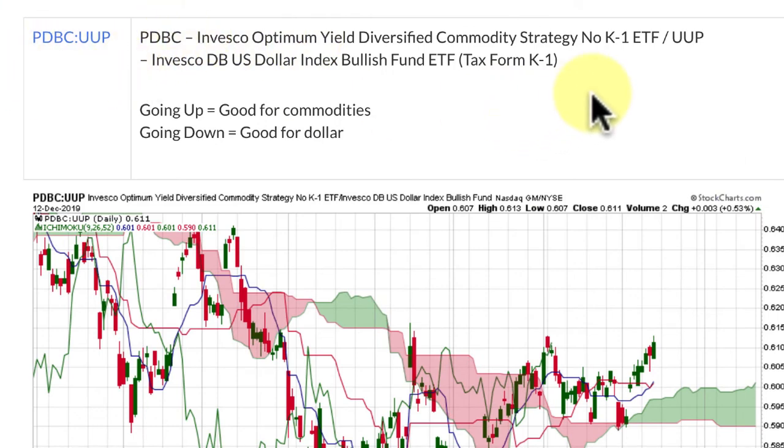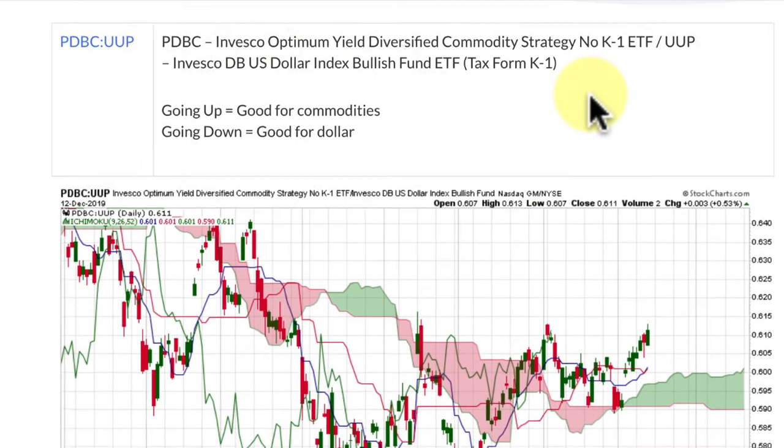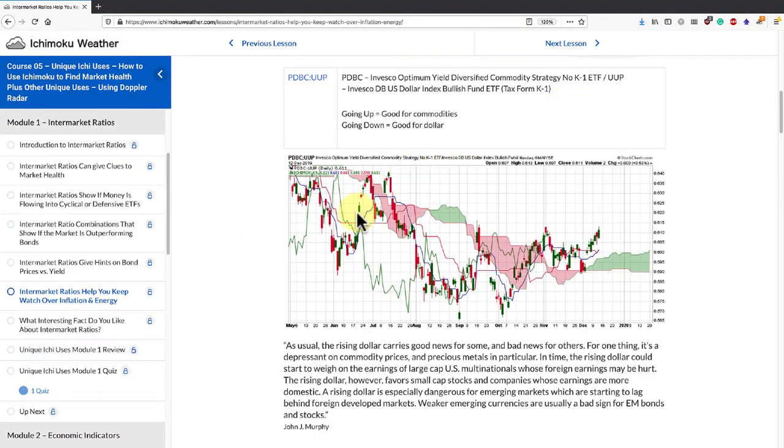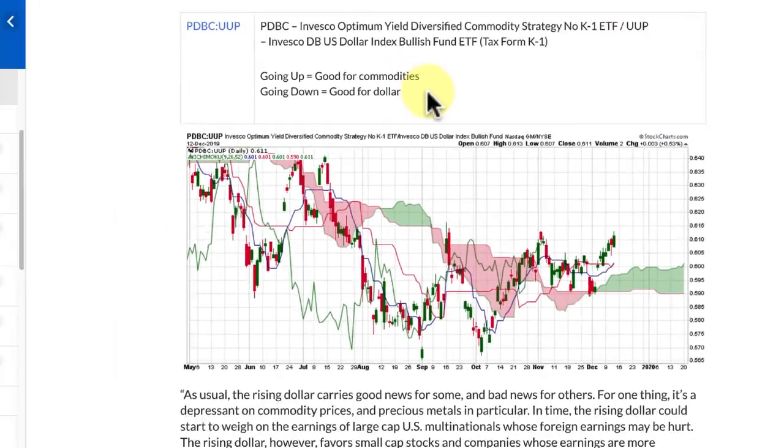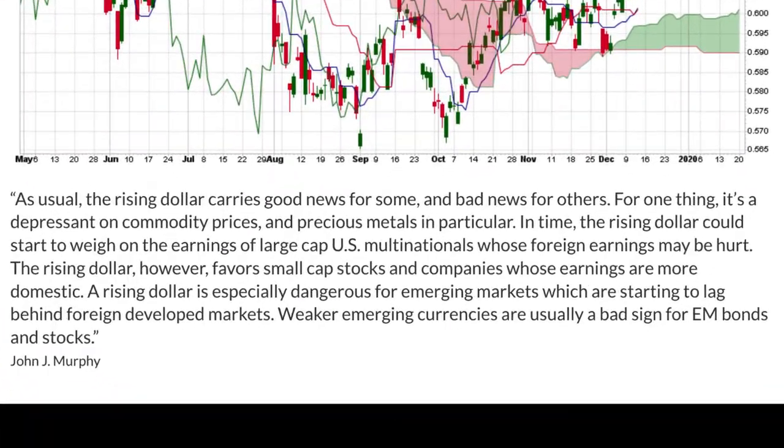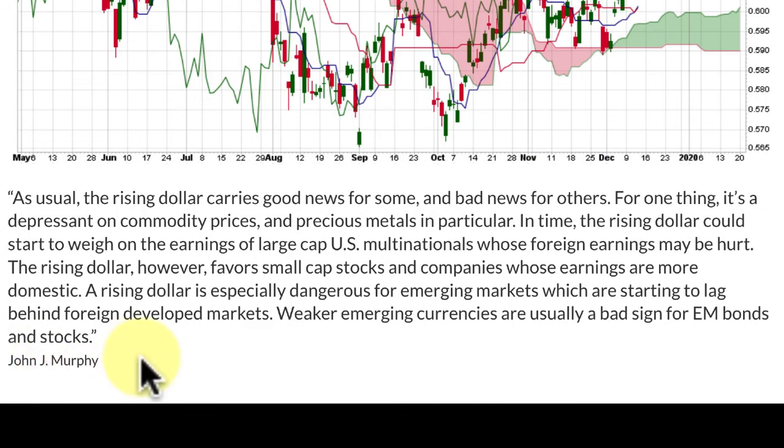PDBC versus UUP. Now, similarly to a currency pair, where the first one listed, when the chart is going up, it's doing good, and when the chart's going down, the second of the pair is doing good. The same thing happens here on this particular chart. When it is going up, it is good for commodities, and when it is going down, it is good for dollars. I was taught intermarket relationships from John Murphy, and I quote him here as saying,